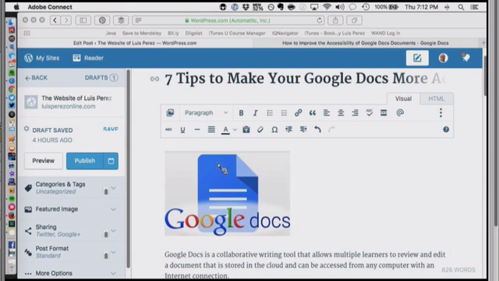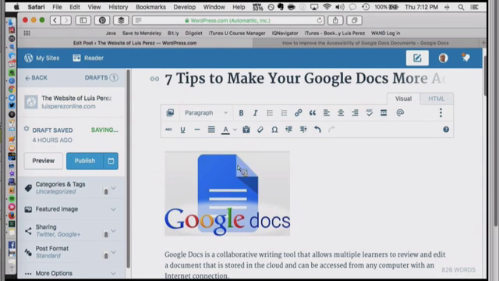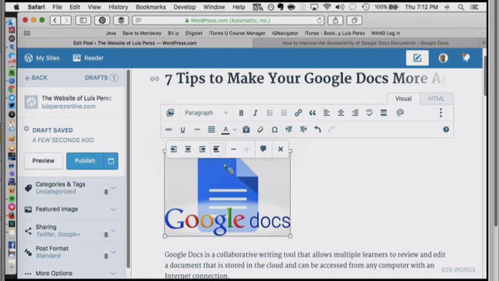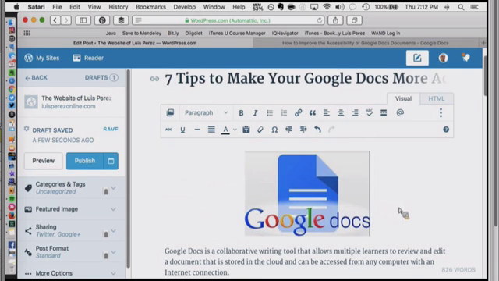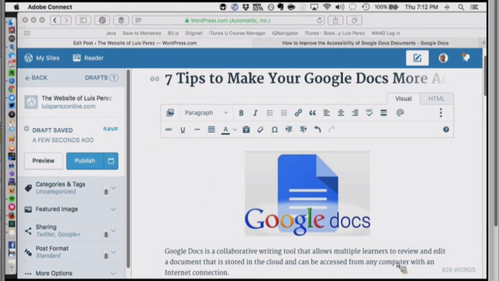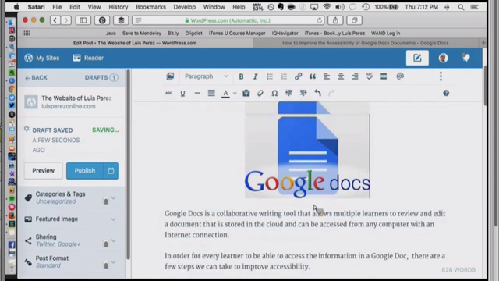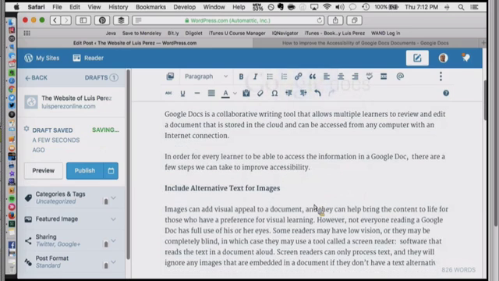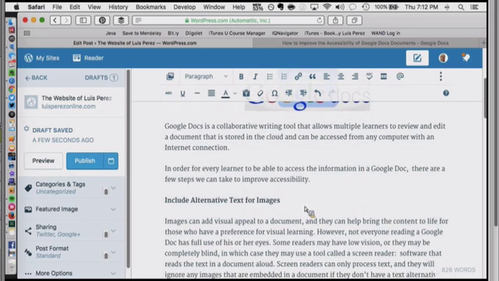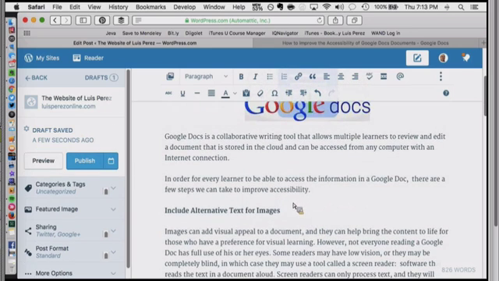There's my image, and then by selecting it, I can place it on the page and do other things for the formatting. And so now what happens is this image, if somebody has a vision difficulty and they're using a screen reader, when the screen reader comes upon this image, it's going to describe it for them. So right away, we've made this document a lot more accessible. All right, so the next tip has to do with headings.